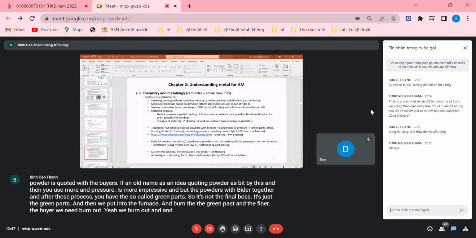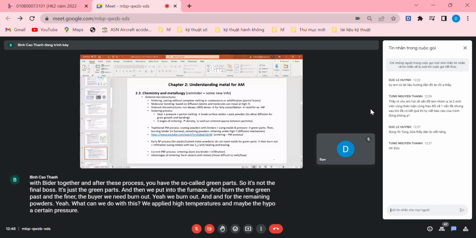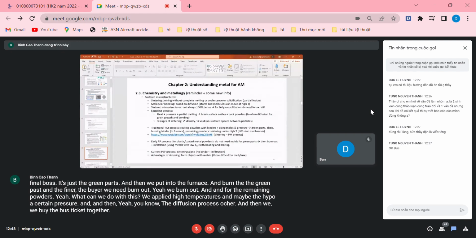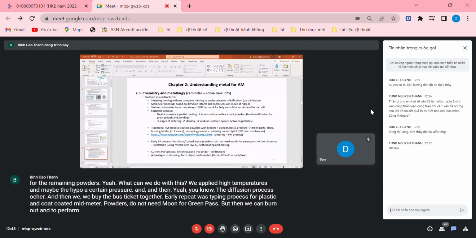And for the remaining powders, what can we do with this? We apply high temperatures and maybe a certain pressure, and then the diffusion process occurs, and we bind the particles together. Early rapid prototyping processes for plastic and coated metal powders do not need molds for green parts. But then we can burn out the binder and perform the infiltration process